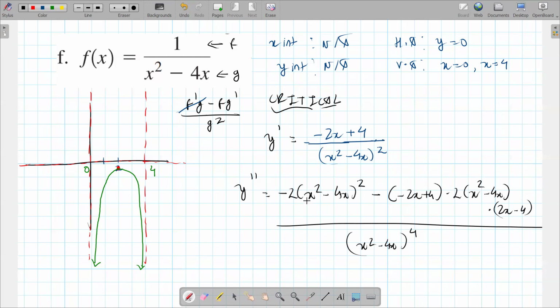If you open this bracket, you're going to get x to the power 4, which is really annoying. Let me see, actually, I'm going to try and do this by hand. So we're setting this equal to 0. The denominator disappears. So 0 is equal to, let's see if we can hand do this, -2. Don't open this bracket. If you open this bracket, you're screwed. This minus